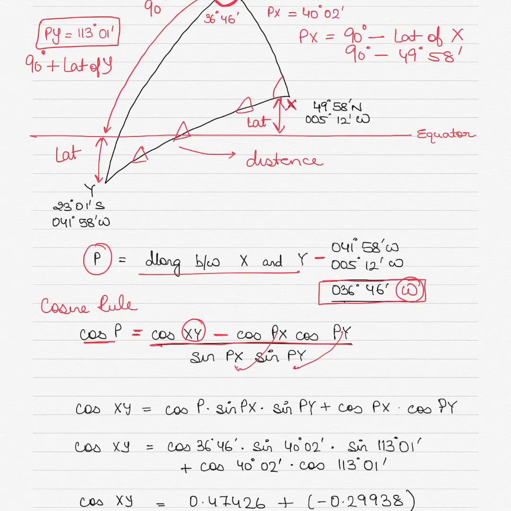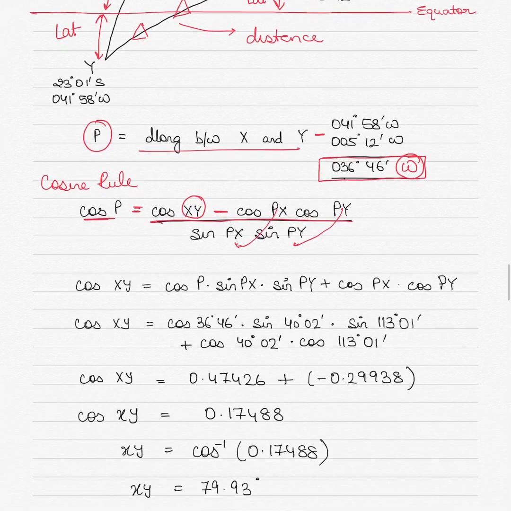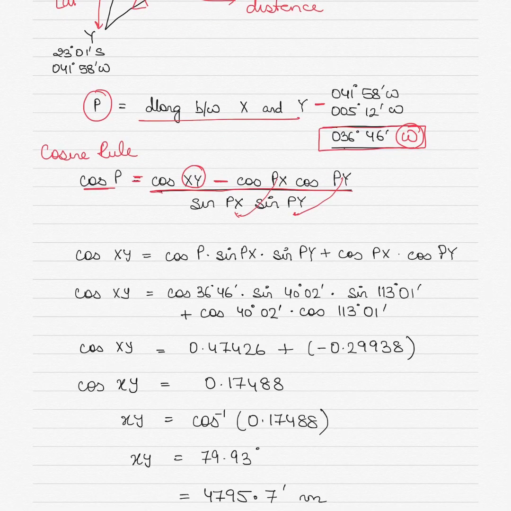So you write cos p, the included angle, equal to cos of the side opposite to the included angle, which is xy, then minus the product of the cosines of the remaining two sides, and then in the denominator the remaining two sides are repeated but with a sine. So then cos xy would be, take these values here,